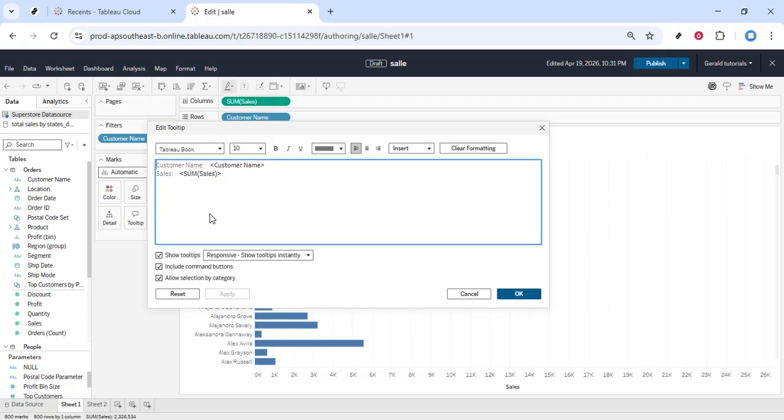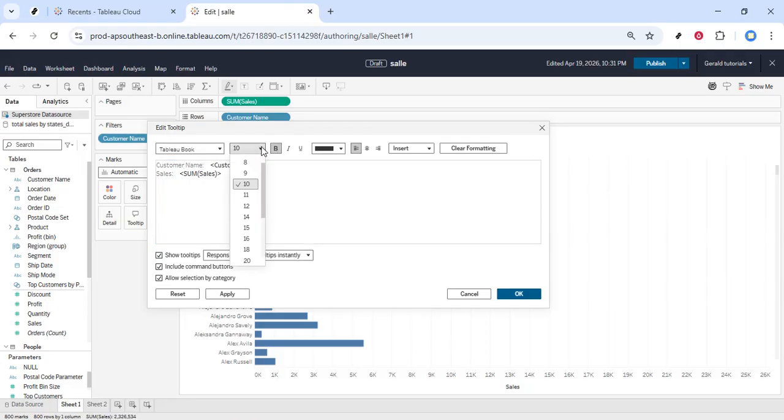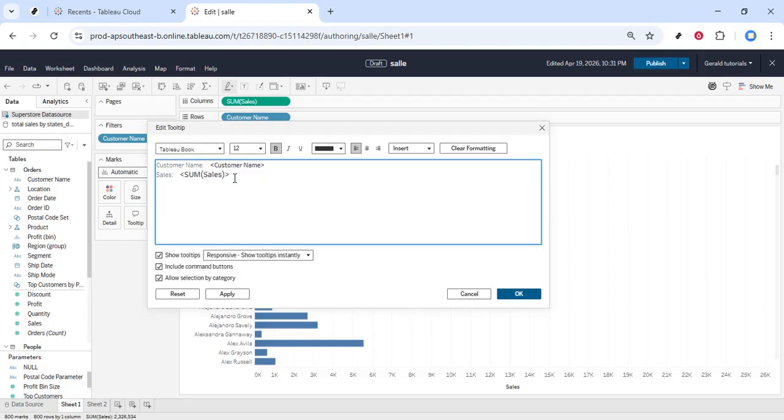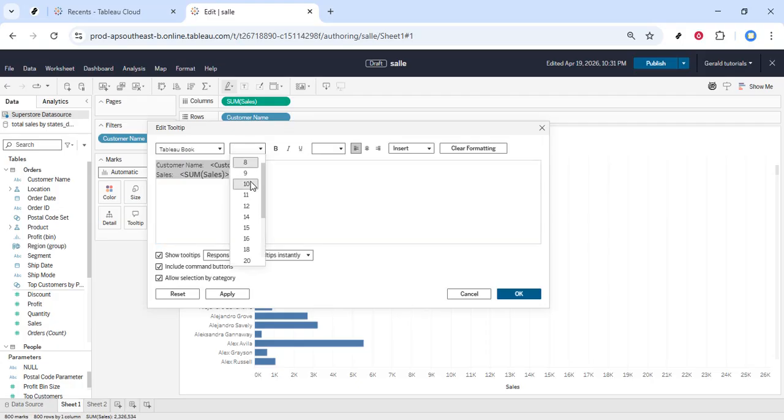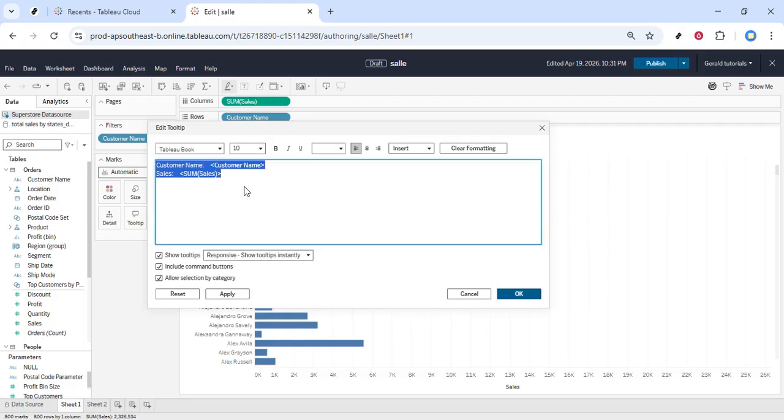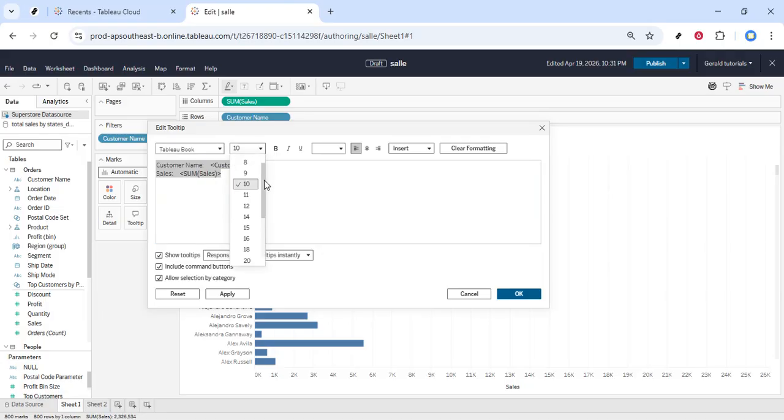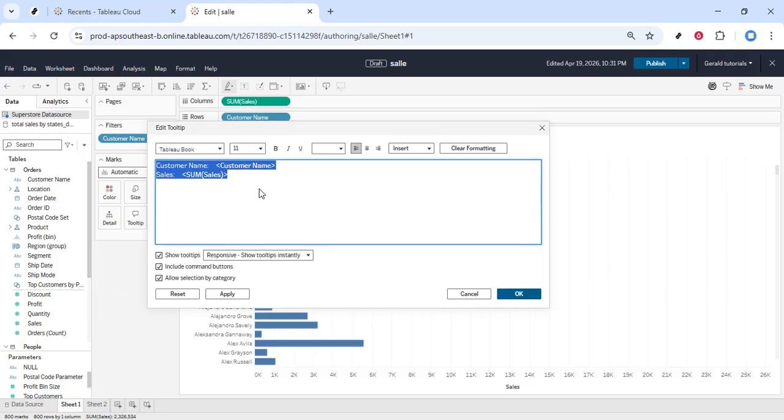Inside the tooltip editor, you have a variety of options to format your tooltip text. You can adjust the font style, size, and color to match the overall design of your dashboard. You can also decide which data fields to include, providing only the most relevant information for the viewer. Consider adding context with text explanations or even simple instructions if your data requires it. The key here is to ensure that the tooltip adds value and clarity without overwhelming the viewer with too much